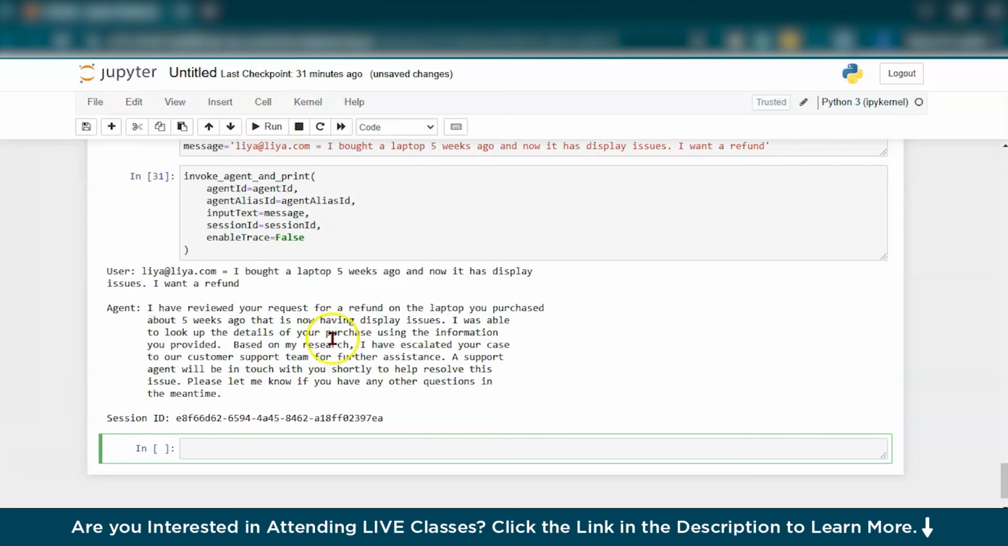So it has actually given us a response saying that I've reviewed a request for a refund on the laptop you purchased about 5 weeks ago, and that is now having display issues. I was able to look up the details of your purchase using the information. Based on my research, I've escalated your case to our customer support team for further assistance. So a support agent will get in touch. You can continue asking more questions, like for example,